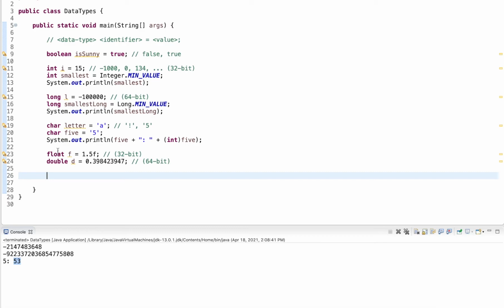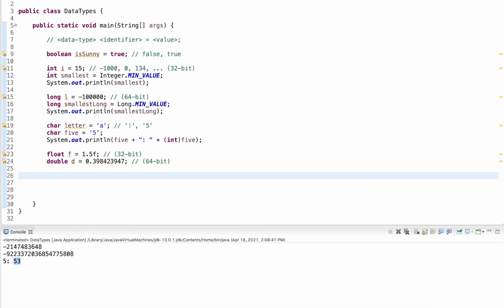Now, in pretty much all the programs that you're going to be writing, or in the beginning when you start out with Java, integer and float are completely sufficient. If you want to store whole numbers, you take an integer. If you want to store fractional numbers, you can use a float. But if you ever want to have something really, really precise, just be aware there's long and there's double as well.